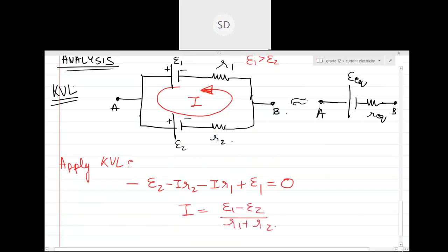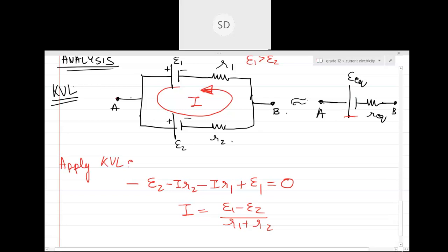plus R2. Try and solve this equation, whether this is the I you are getting. Yes or no? Tell me, the current was flowing only inside this loop. Was there any current flowing from A to B? Since I'm not connecting it across any battery, I'm calculating the EMF. Whenever we calculate EMF, we don't connect it across a 100-volt battery like we did in the case of KVL, because we are finding EMF. EMF is always found in open circuit, right? So no current through this.